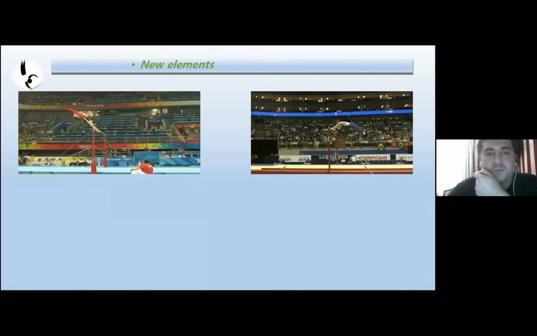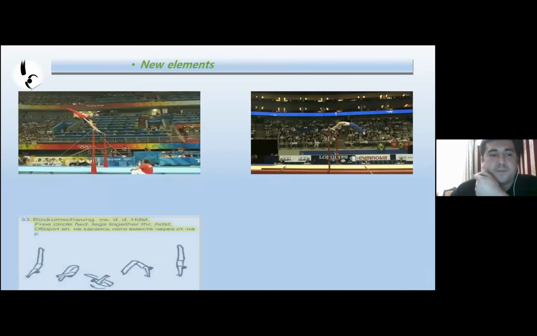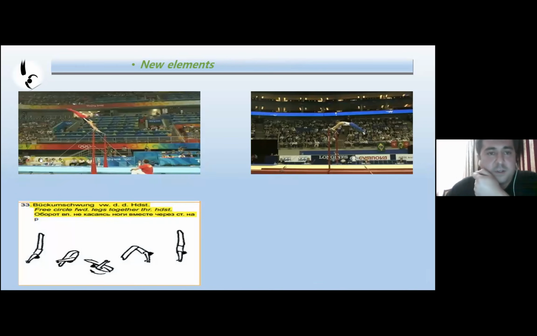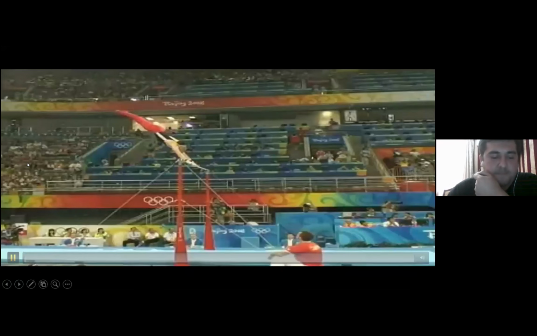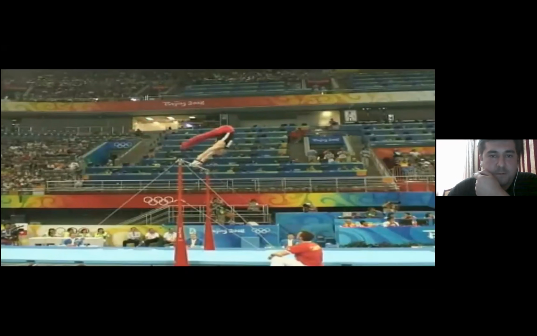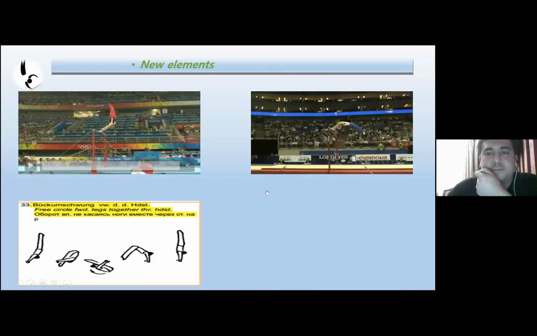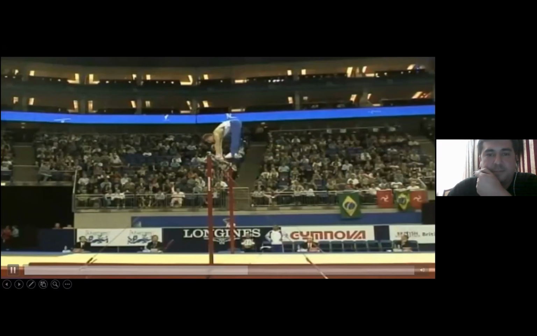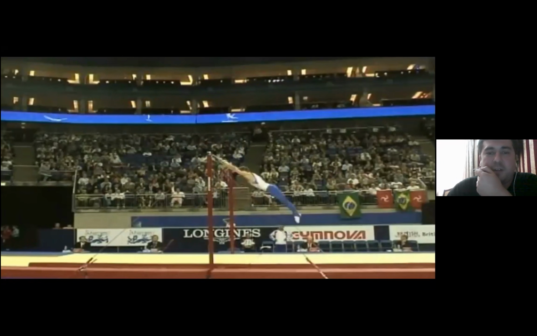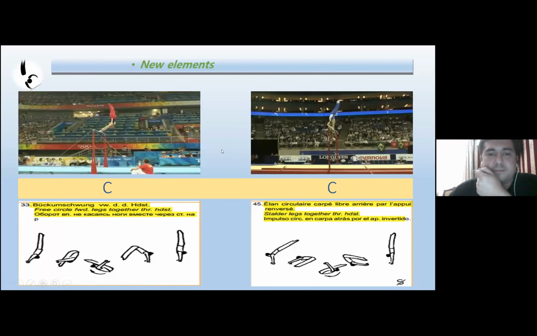New elements for this cycle. Stalder legs together, and also Endo, C value.